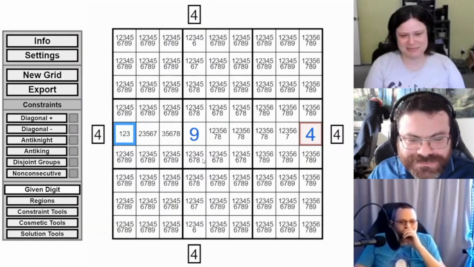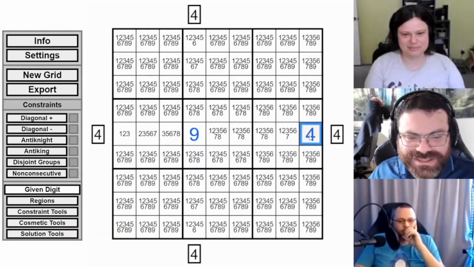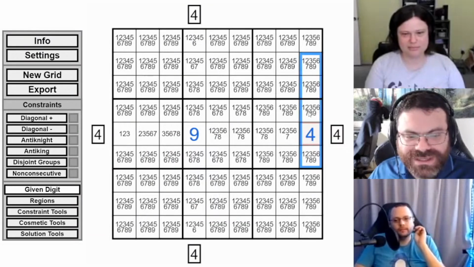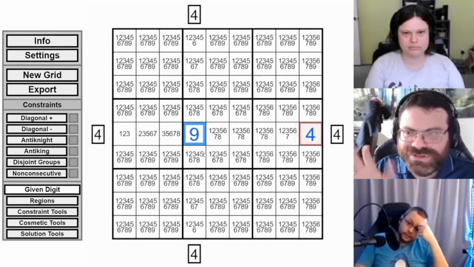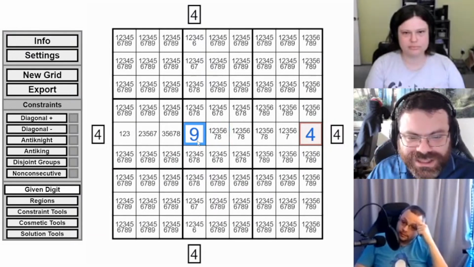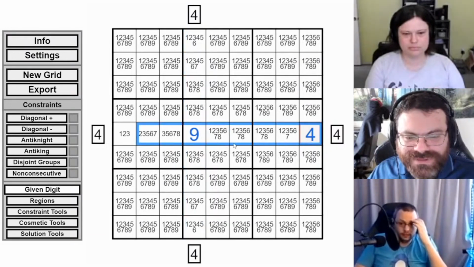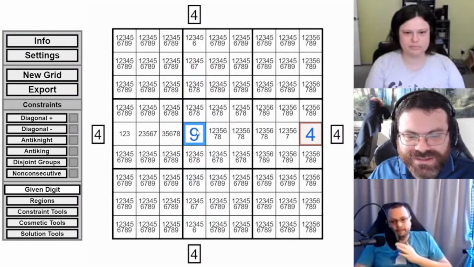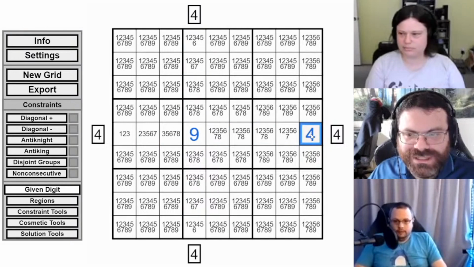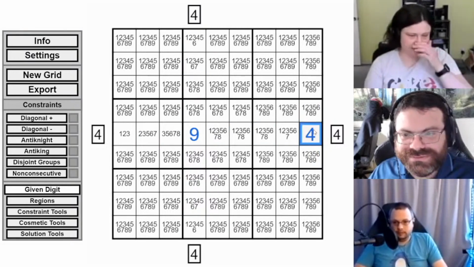Exactly. So at the very least, indexing this gives us a 4. Now, what I like to do, and this is for everybody, and I'm sure you two know this, is if there's a deduction that you're proud of, you want to reward the deduction, right? So now we've rewarded finding this 9 by giving you the 4. So why don't we reward this 4 now?